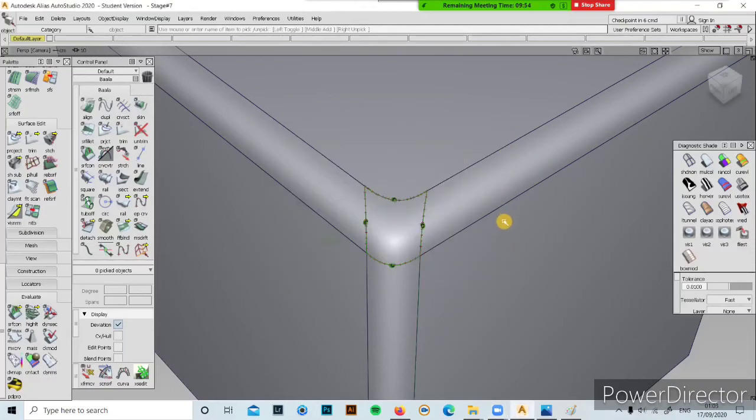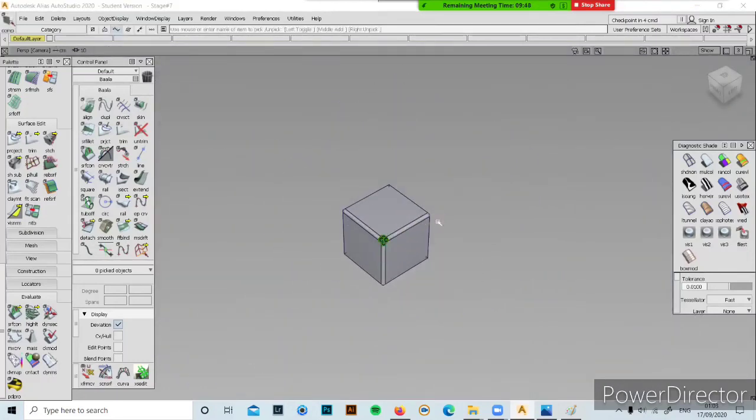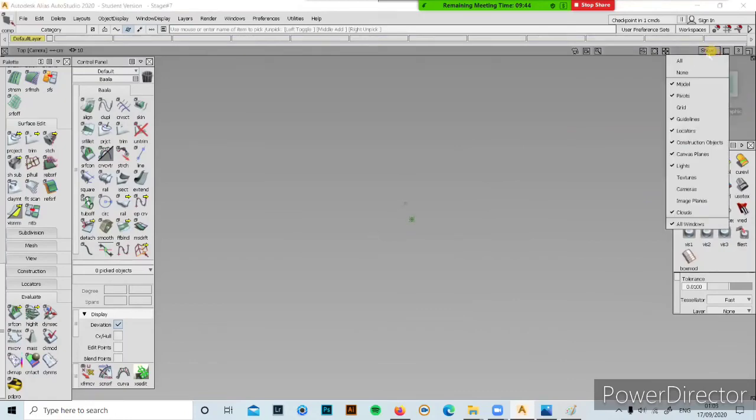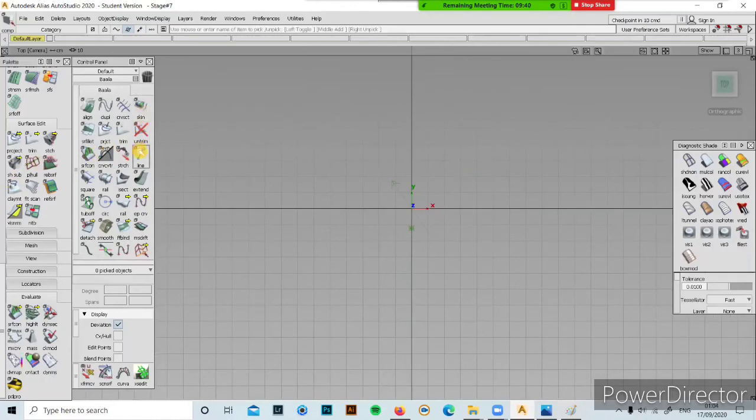Okay, so these are the basic things you need to know in Alias. I will show you the square command also. Wait. I'm just going to draw a rectangle.